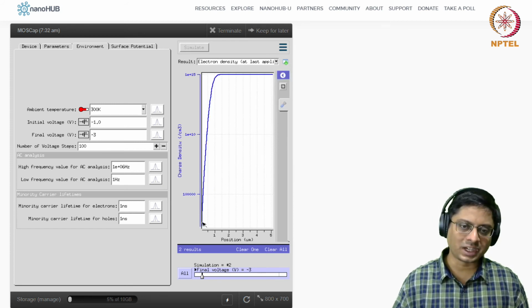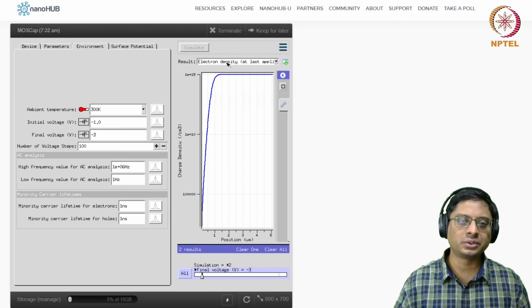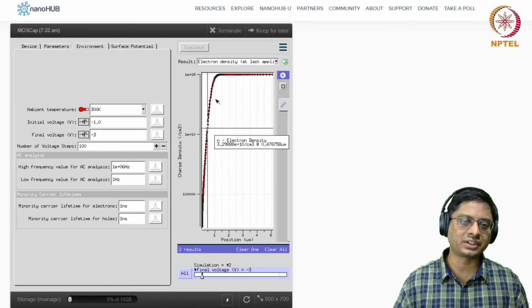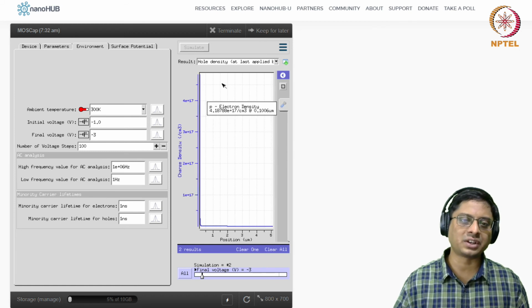Actually, in fact, we have pushed away the electrons and created a space charge, and then we have created an inversion layer of holes. So if you look at this, you should combine this. This is the electron density. Electrons are not present in the closed, this is the depletion region. And then the net charge, hole density is this, only at the interface you have holes.